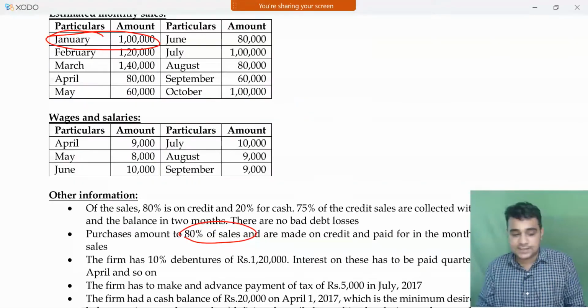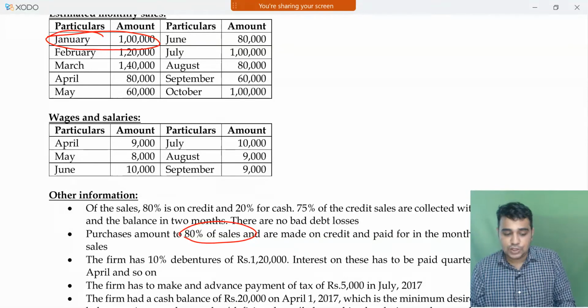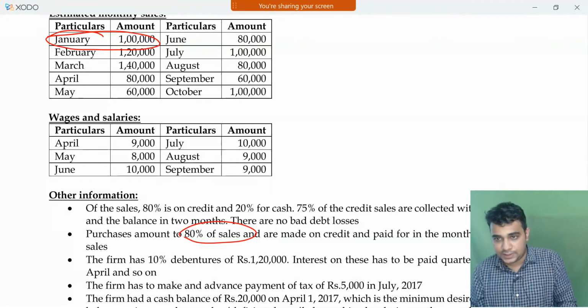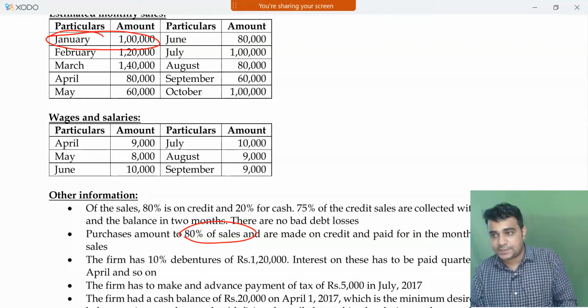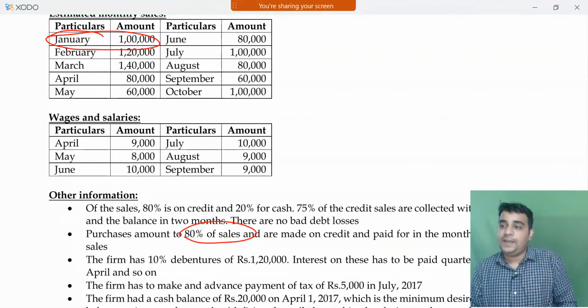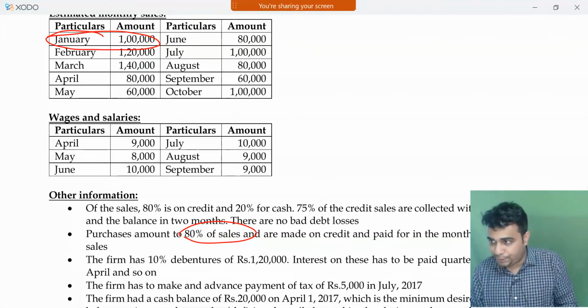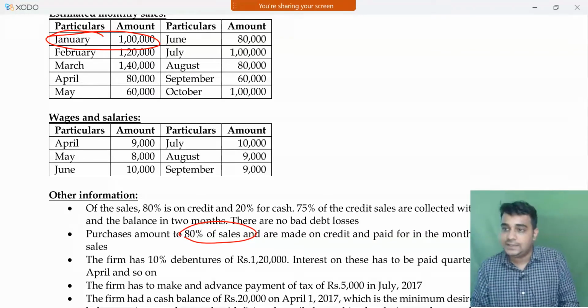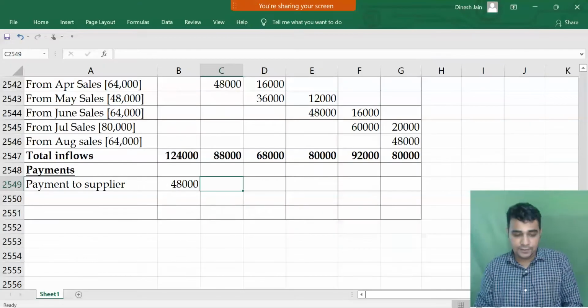48,000. 60,000 is the May month sales. Purchases are 80% of sales. In the month of April, I am going to pay for May month sales, paid in the month preceding the sales. May month we will pay